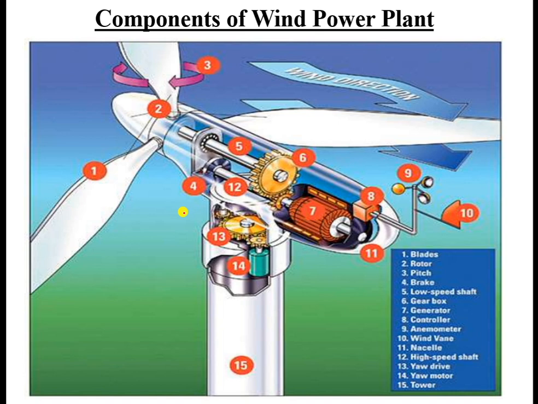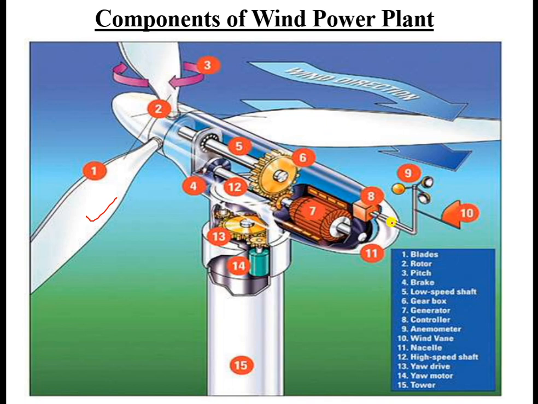You don't have to draw this figure. You can draw it in a very simple manner, which is given in our book, but this exploded view is important to understand the working of this particular wind power plant. Now these are nothing but what? Blades. The number one is indicating the three blades. This is a three blade wind turbine, which is a horizontal axis wind turbine power plant. These are the three blades.